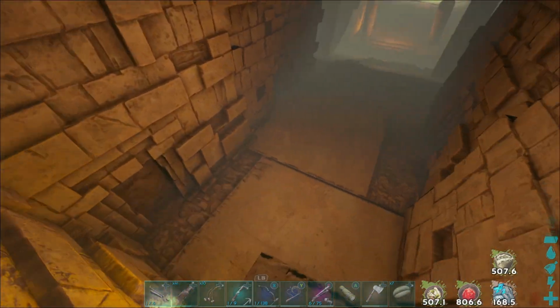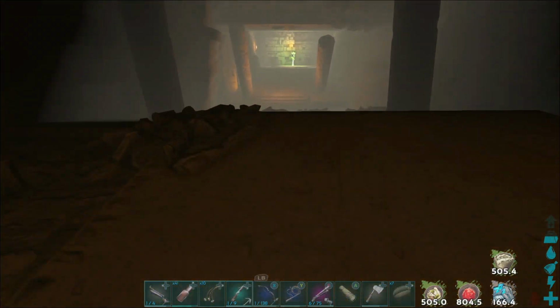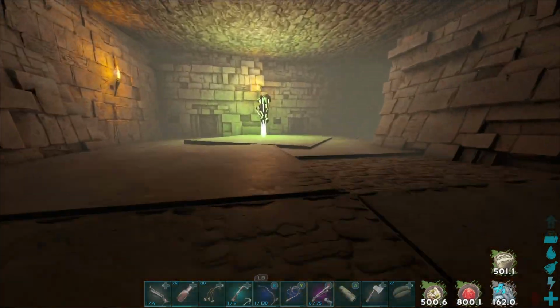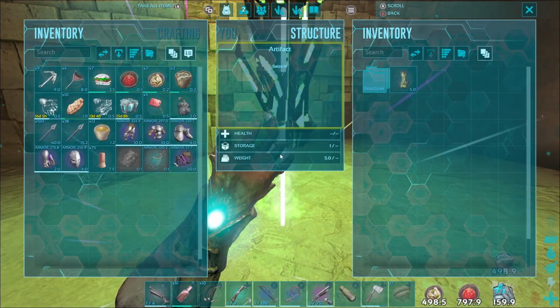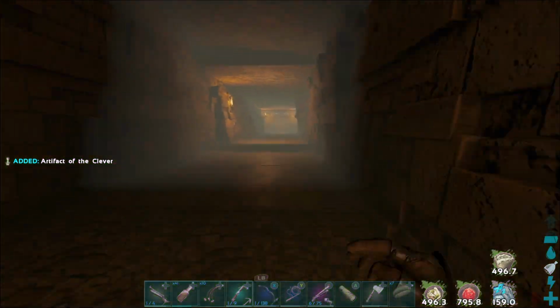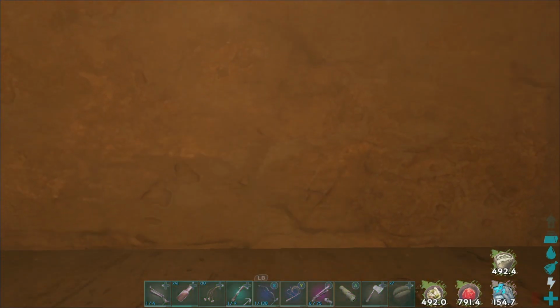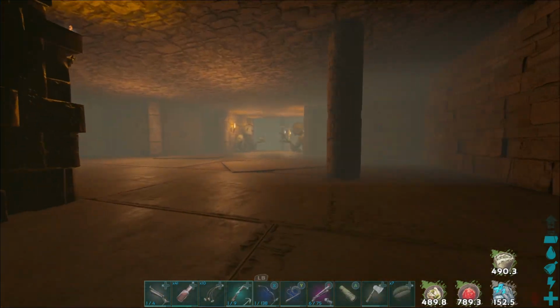Shouldn't really run into any resistance here, especially in this part there aren't any creatures. You just got to watch out for this pitfall. Jump over it. Having the focal chili helps. Grab the artifact of the clever, and then we're on to the room where you have to either sacrifice